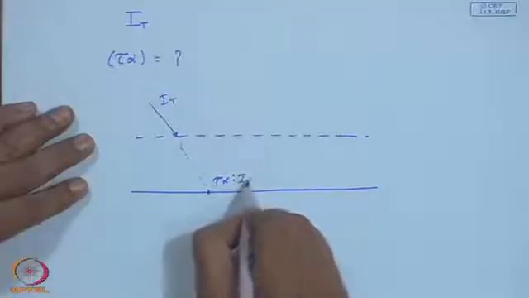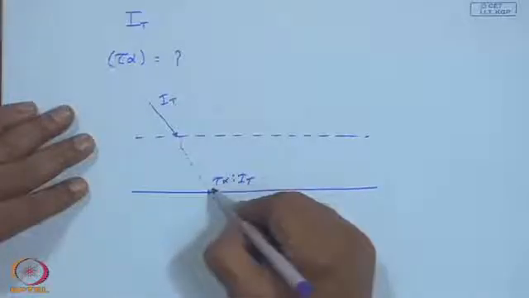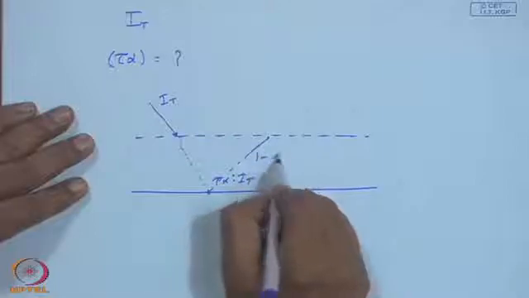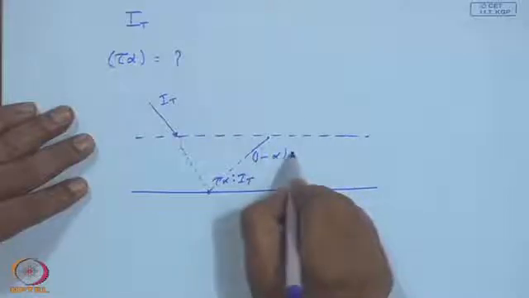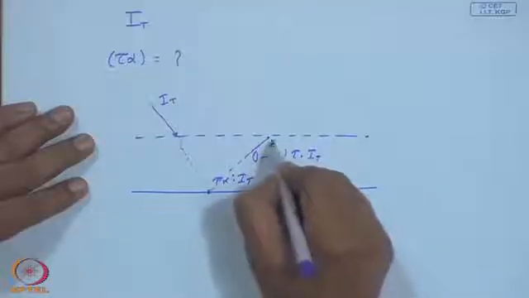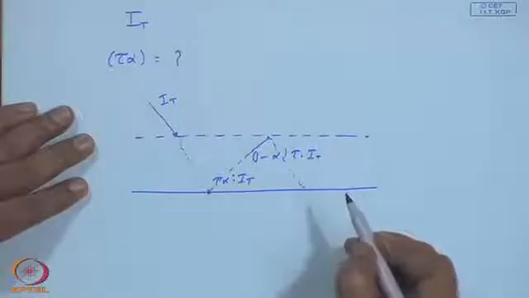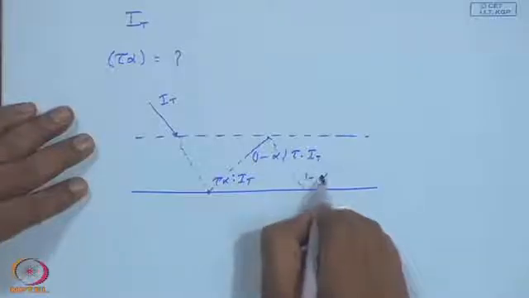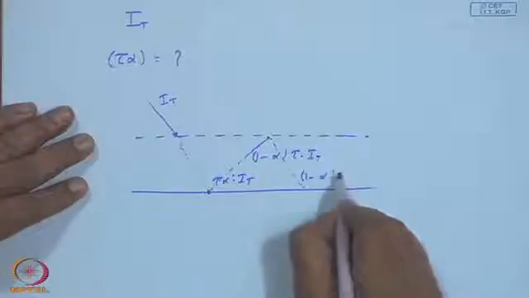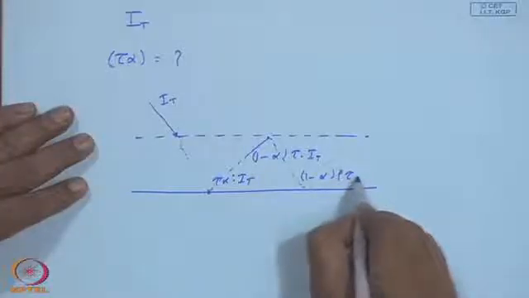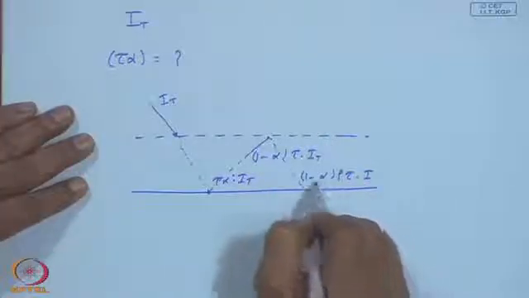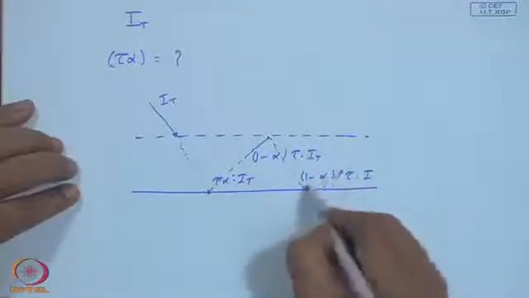into I_T will be absorbed, and a part of it will be reflected, which will be (1 minus alpha) into tau into, of course, I_T. Again this process keeps on happening, this will be (1 minus alpha) into rho tau into I_T. The reflectivity of the glass surface is rho. So, a part of it will be reflected. So, this continues,